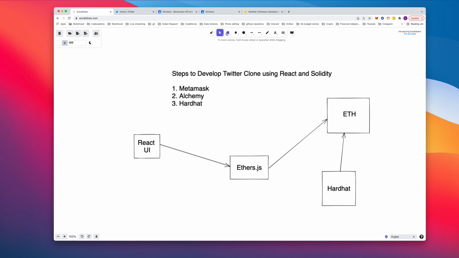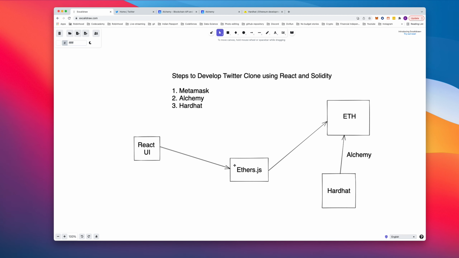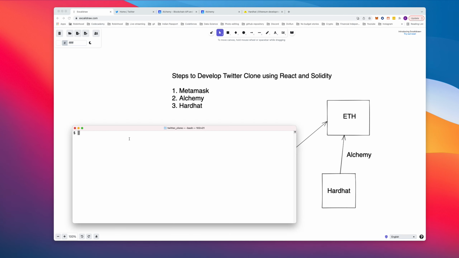Now Alchemy comes somewhere in between here. The Alchemy key will be used to deploy our smart contract. That's all. Okay, so this is done. I think we are ready